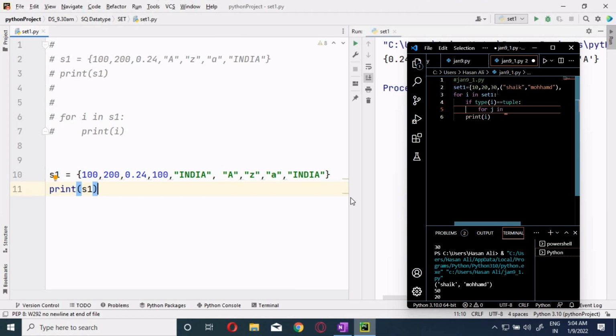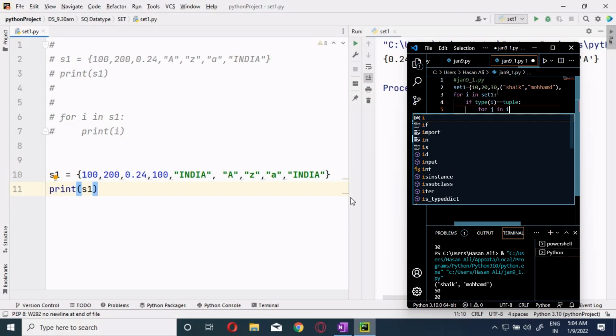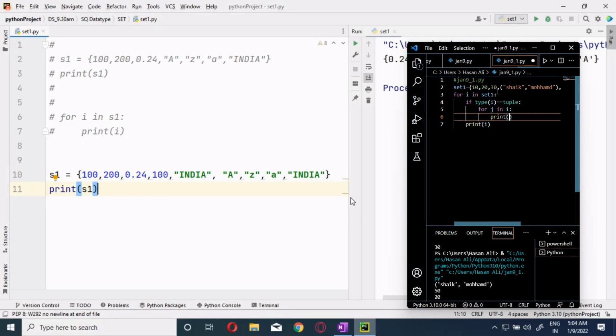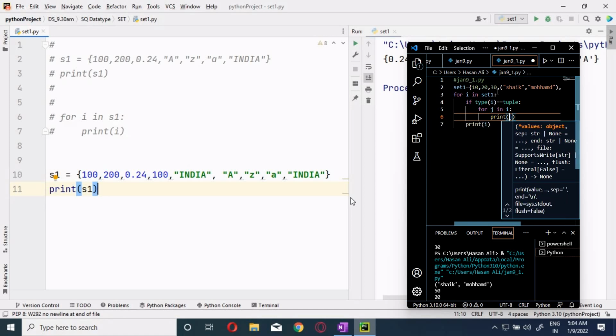Yes. Now you want to remove all the duplicate values from the list. What are you going to do? Just convert that into a set. Automatically the duplicate values are removed. But the order is changed. The order doesn't matter. If you want to remove only the duplicate values, then set is the best means.